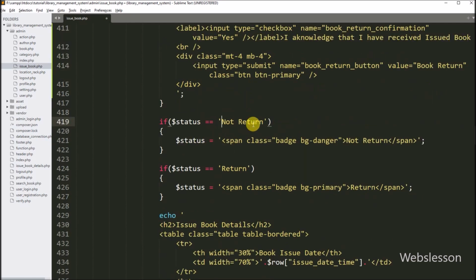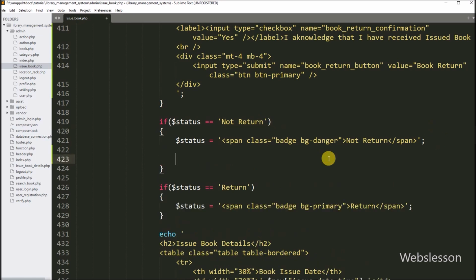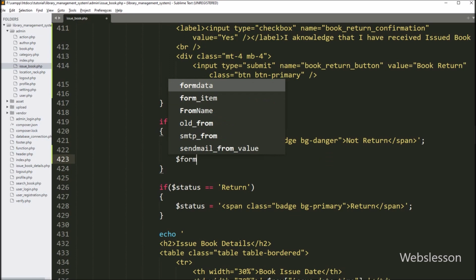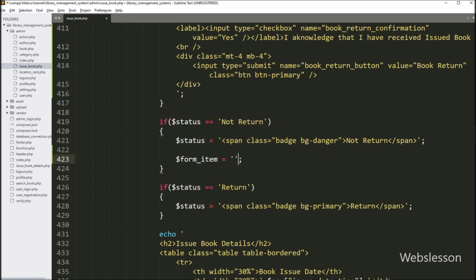Now, in the same way, we want to make a form field for when the book issue status is not returned. For this, we write the $form_item variable is equal to an open and close label tag.